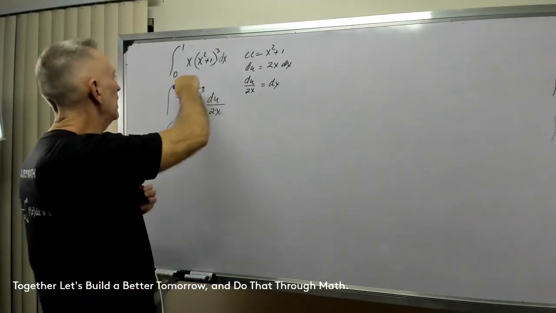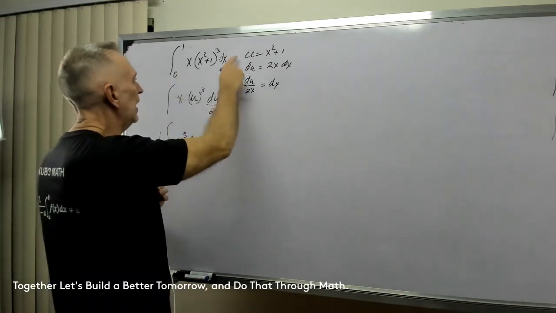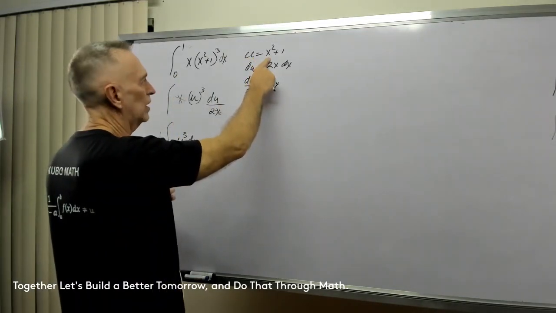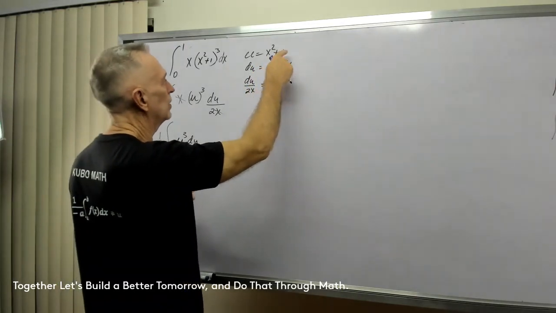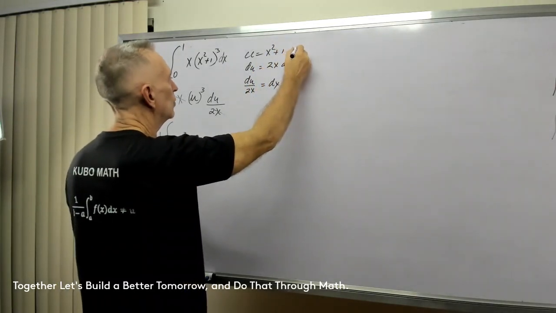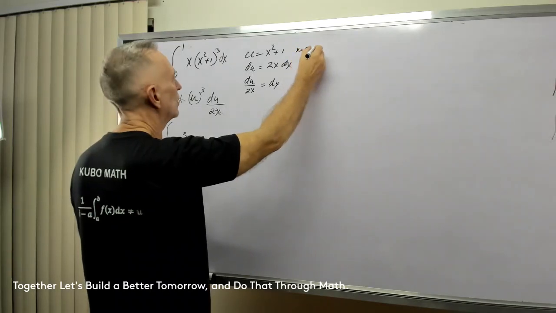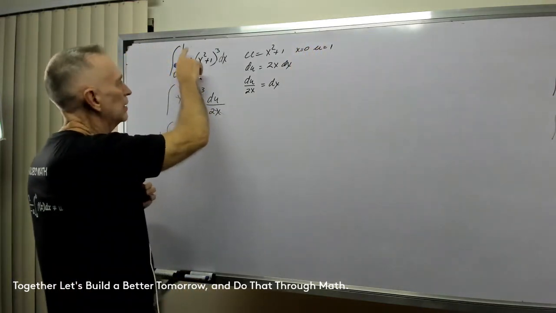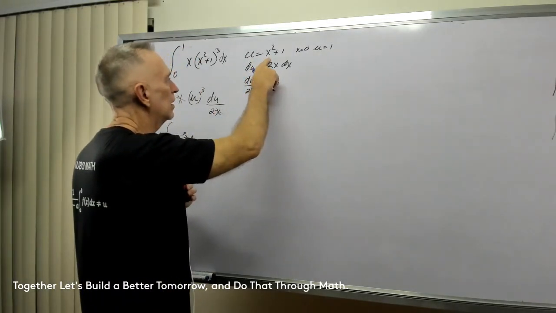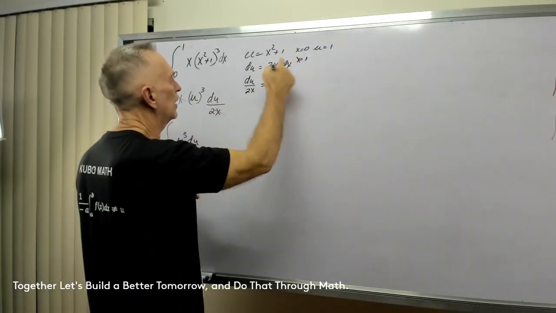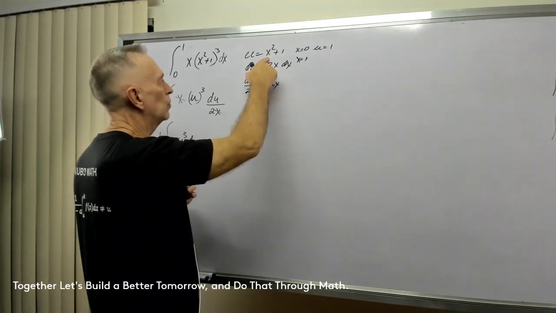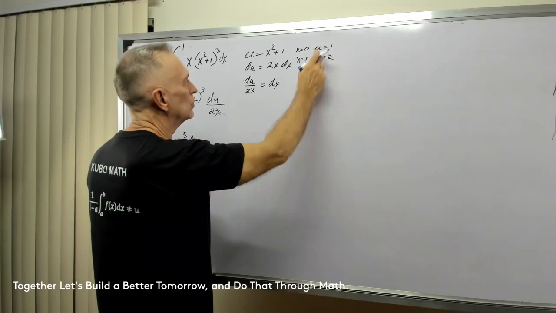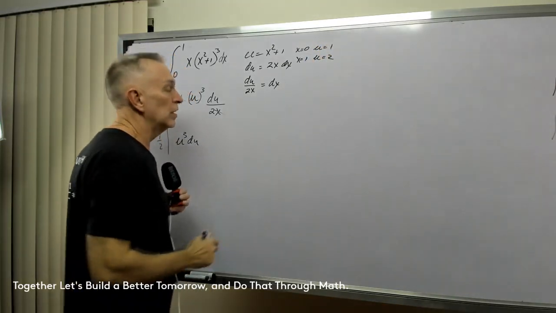Now what would our limits be? Well, if we go back up here, let x equal 0. So 0 squared is 0 plus 1 is 1. So if x equals 0, u equals 1. What about when x is 1? When x is 1, 1 squared is 1, 1 plus 1 is 2. So u equals 2. So my new limits would be 1 to 2